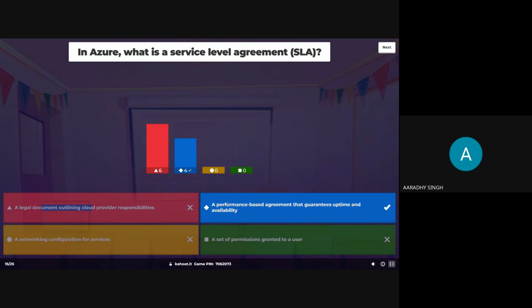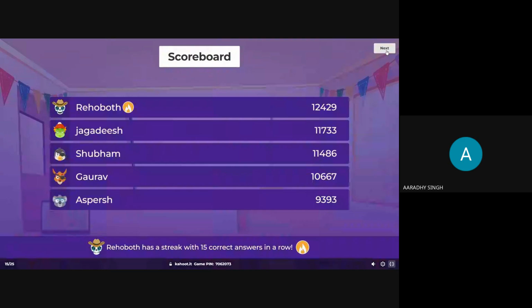It's a performance-based agreement that guarantees uptime and availability. It gives the surety that your services will be up and running 24/7 with a 99.99% SLA.